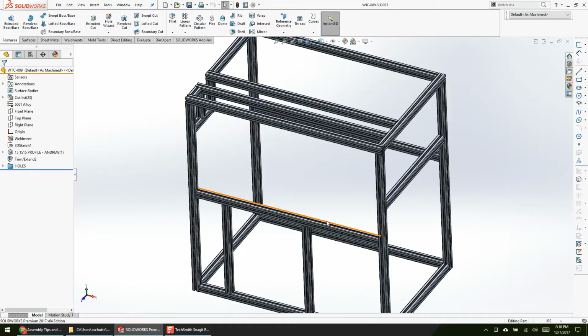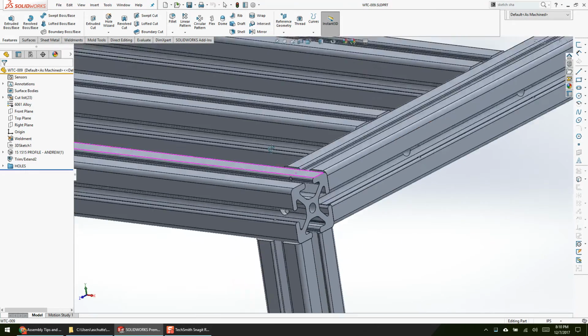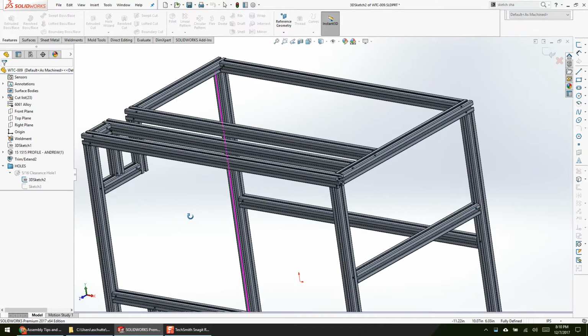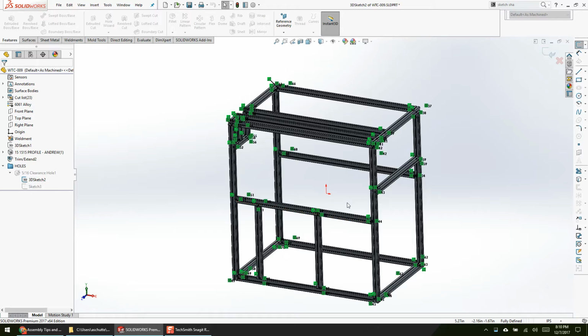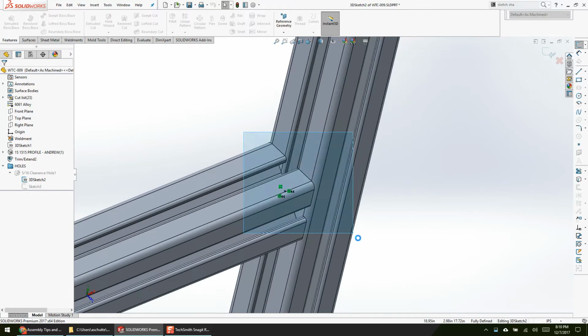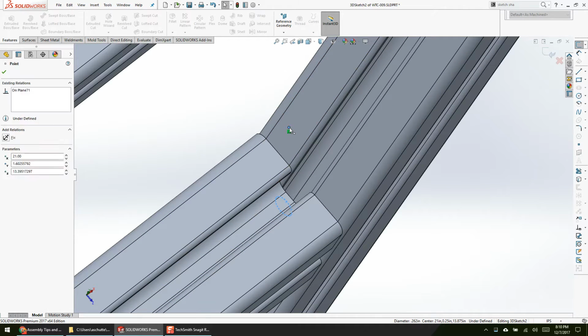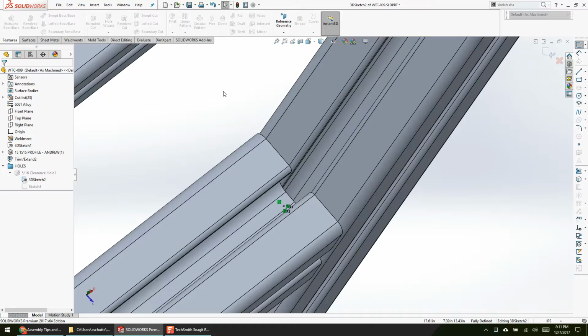And not Rick, because he's being too smart. Who wants to take a guess? How many hole wizard features have I used to put all the holes in this Guardian? 2? 1? Okay. For those of you that don't know, you can do 3D hole wizard features. So all of these points, I basically said, we'll delete this one, points, put it on that face,